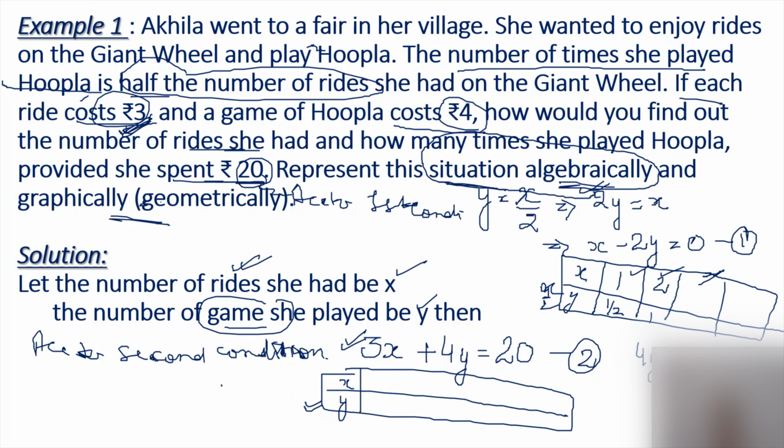Now we can just put the value of x and directly calculate the value of y. So let's see, just put the value of x. Let us consider x is equal to 0, then y is equal to (20 minus 0) divided by 4, that is equal to 5 only. Now let us consider x is equal to 2. X is equal to 2 means 3 times 2, that is 6. 20 minus 6 is equal to 14. 14 by 4 is equal to 7 by 2. If we take x is equal to 2, we will get y as 7 by 2.